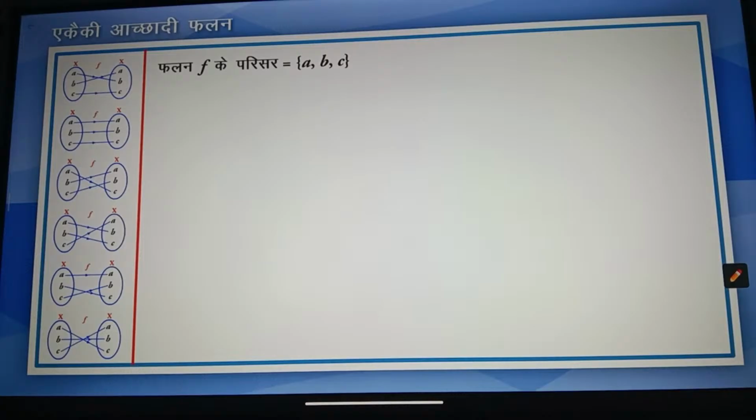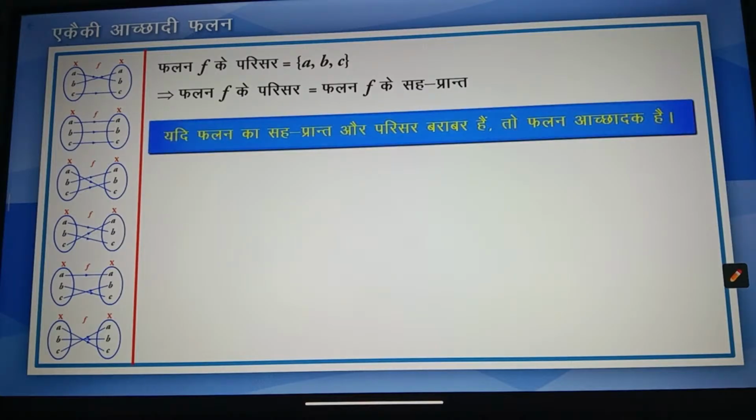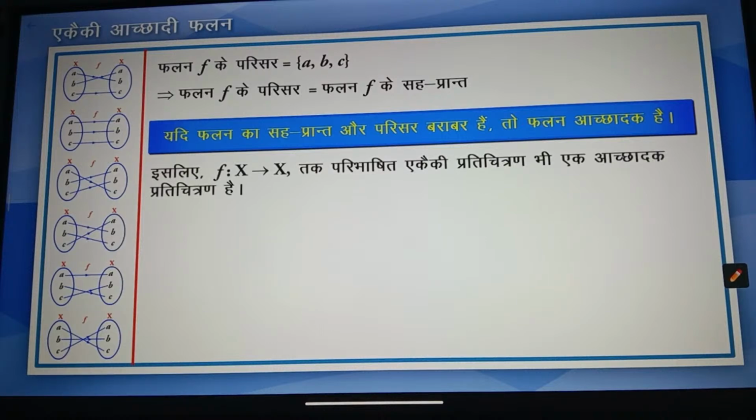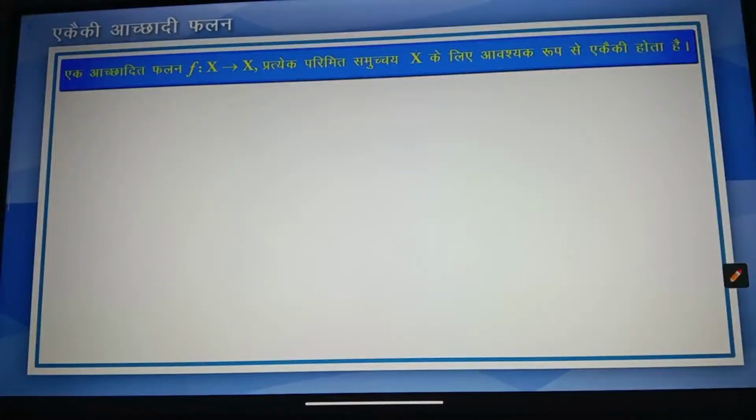इसलिए फलन f के परिसर में तीन अवयव a, b और c हैं। ये दर्शाता है कि फलन f का परिसर और सह प्रांत दोनों बराबर हैं। याद रखें कि यदि फलन का सह प्रांत और परिसर बराबर है तो फलन आच्छादक है। इसलिए f: x से x तक परिभाषित एकेकी प्रतिचित्रण भी एक आच्छादक प्रतिचित्रण है। अधिक व्यापक रूप से एक परिमित समुच्चय x के लिए एक एकेकी फलन f: x से x आवश्यक रूप से आच्छादक होता है।